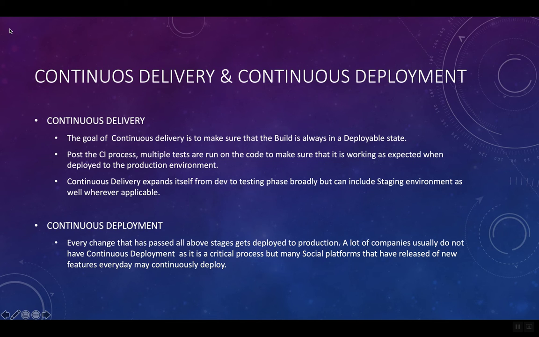And then we talk about continuous deployment. Now, continuous deployment is a process wherein your project, your code, or your product will get released to the production environment, that is, for the end users. So a lot of companies usually do not have continuous deployment, because the release to production is usually kept as a manual process by a lot of people, so that they can limit it and monitor it while doing it, so that nothing wrong goes out to the end users and it doesn't break the system. And it's a very, very critical step.